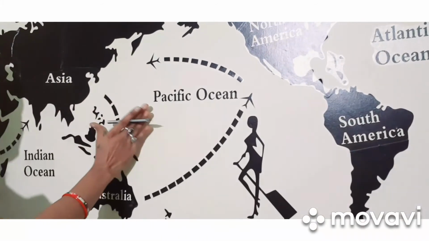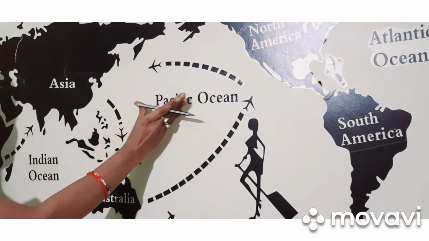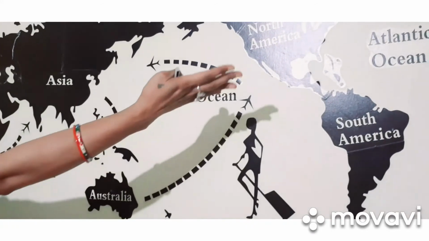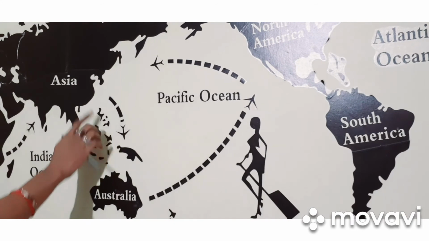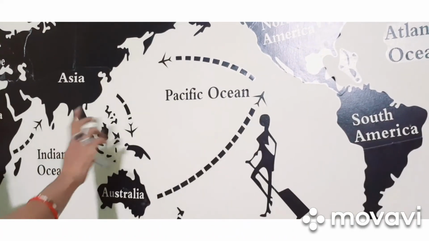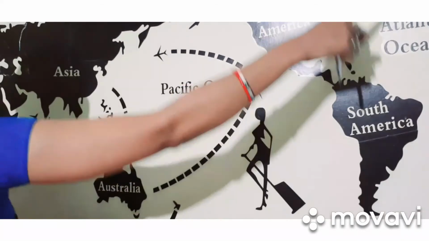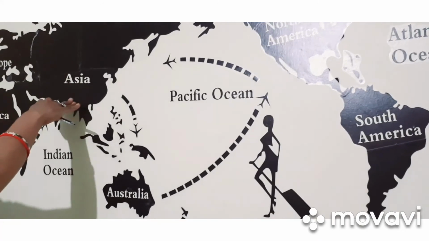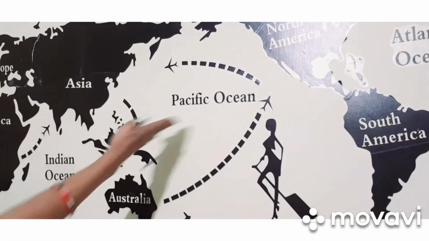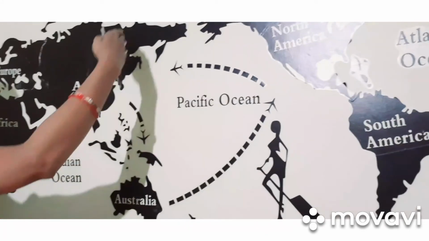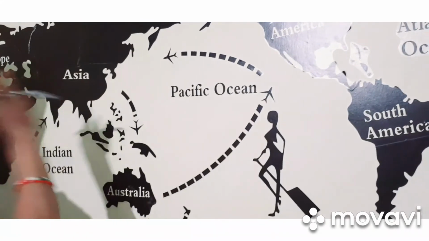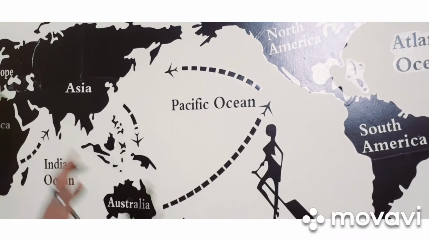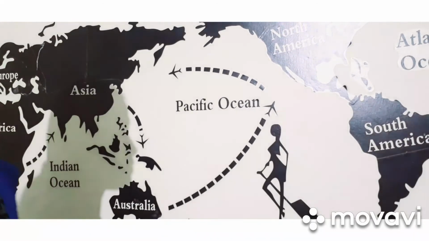Now, evidence of plate tectonic theory. The Pacific Ocean is shrinking because of convergence and the Atlantic Ocean is expanding because of divergence. In satellite images, plate movement is noticed, and the mid-Atlantic ridge is also noticed because of divergence. The height of the Himalayas is increasing day by day. This is also evidence of plate movement. The Pacific Ocean is shrinking and the Atlantic is expanding. And the ring of fire of the Pacific Ocean is perfect evidence for plate tectonic theory, meaning this theory is appropriate to understand landforms. This is all about plate tectonic theory.